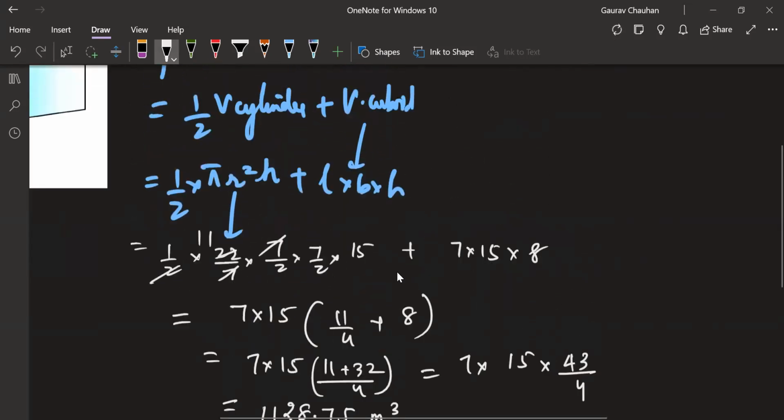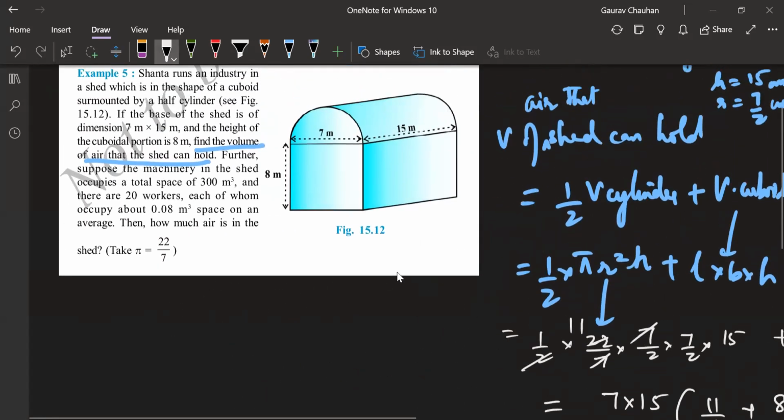Now come back to this question. They have a second part to it. The second part is asking further. Now here the second part starts. So you have to be able to identify that one question has been asked and it is over here. After that the second question has started further.